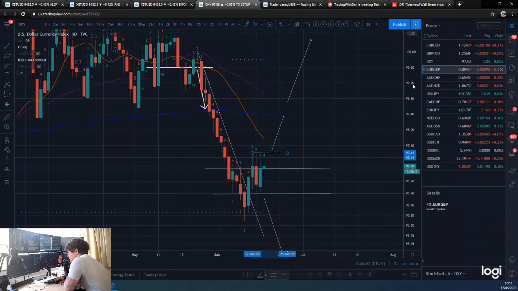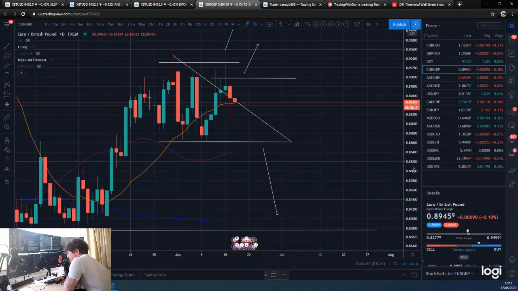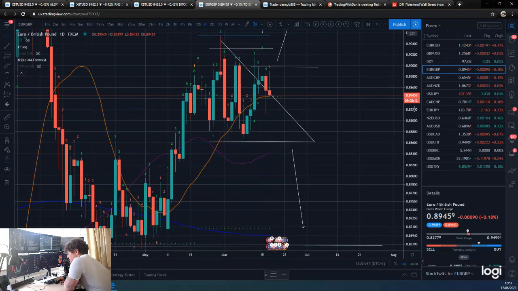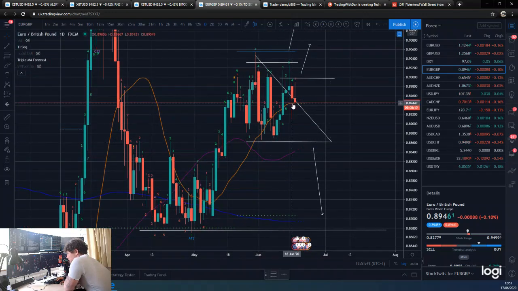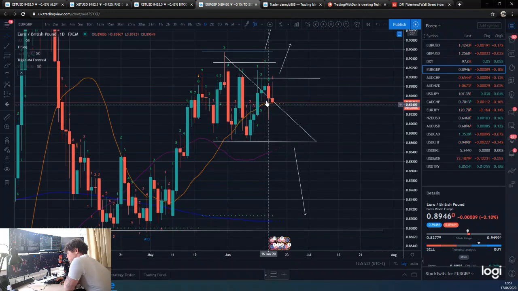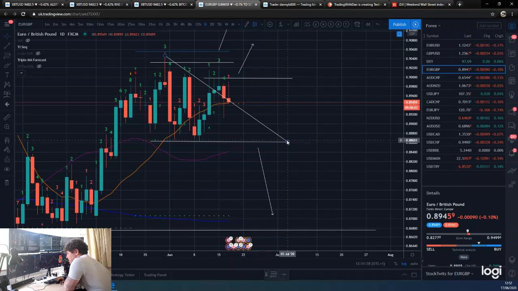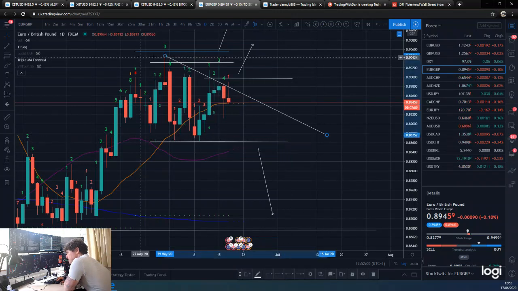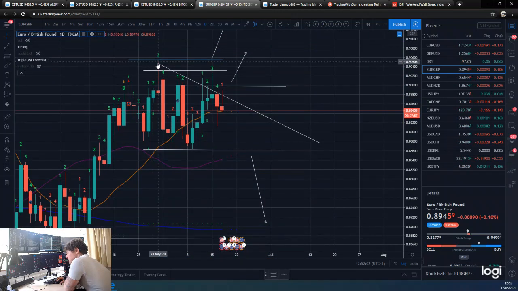So that's kind of what we're looking at in that Euro pound. Yeah, I was saying, I think we're back in this triangle, with a potential to just get to the bottom. I'm not going to do it at the moment, but you could potentially move this triangle so it